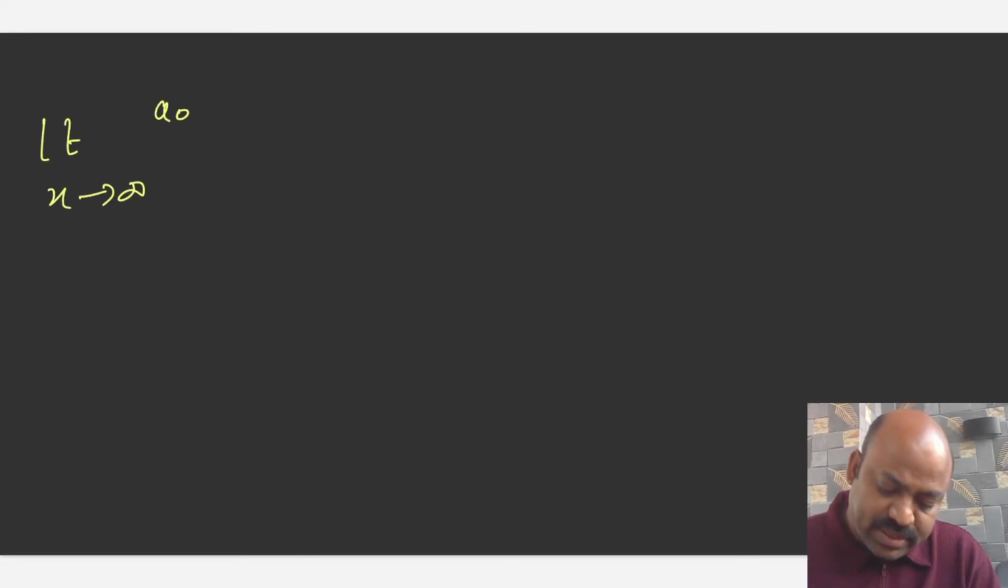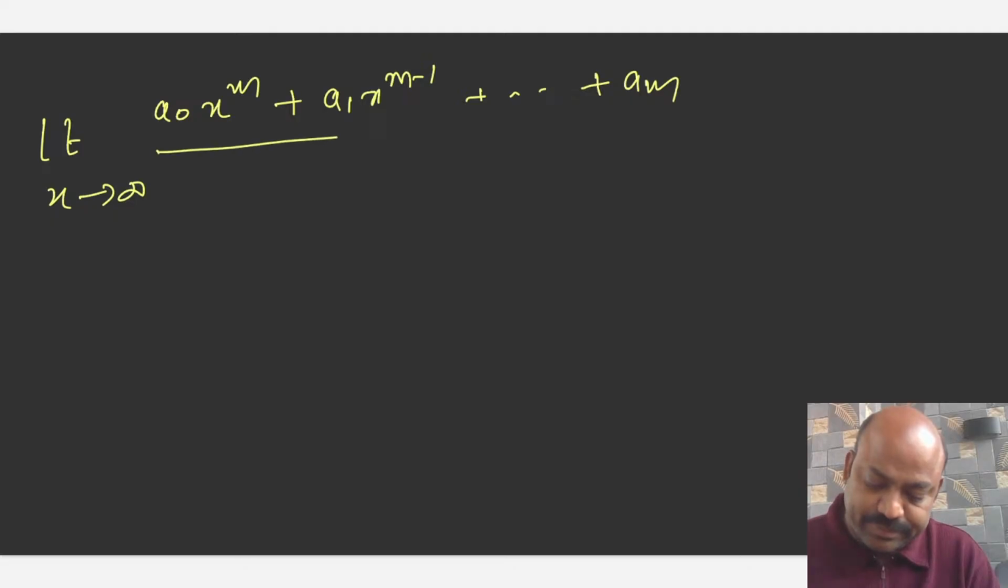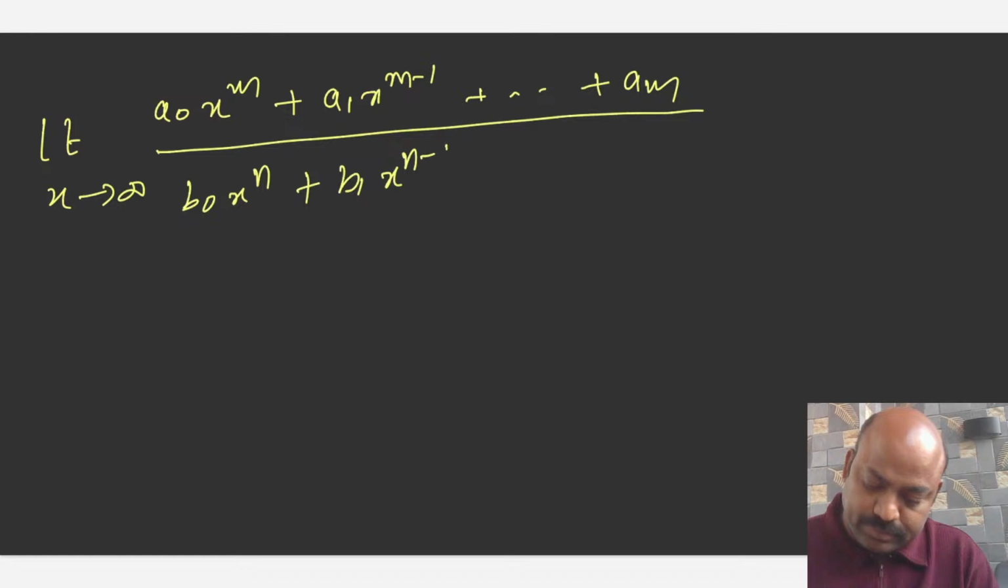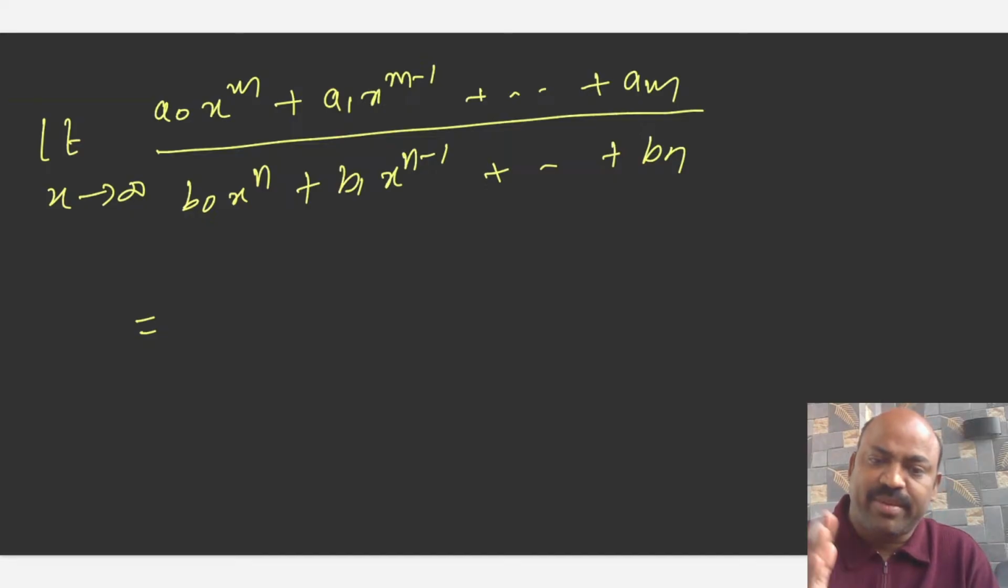One more question. In the infinite limits, one beautiful concept is there. Let me explain. Some polynomial by polynomial is there. Clear? So what you have to do here is take the highest powers out. Take x power m and x power n out. So what you will get is